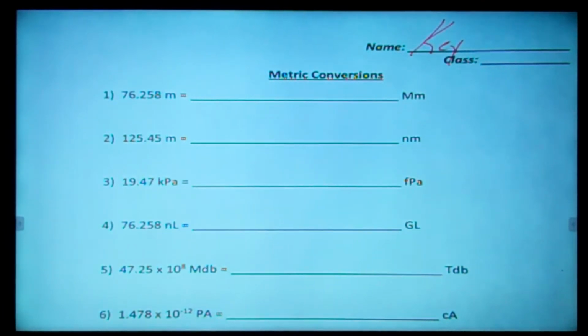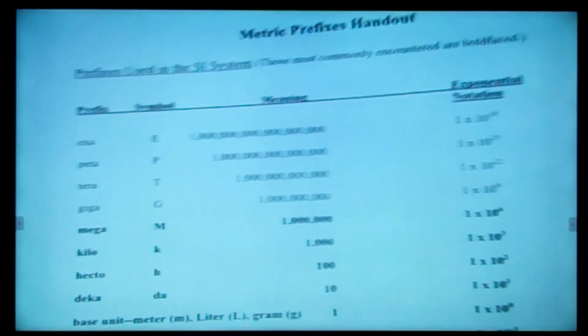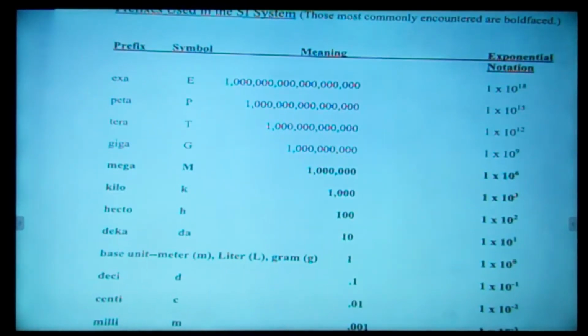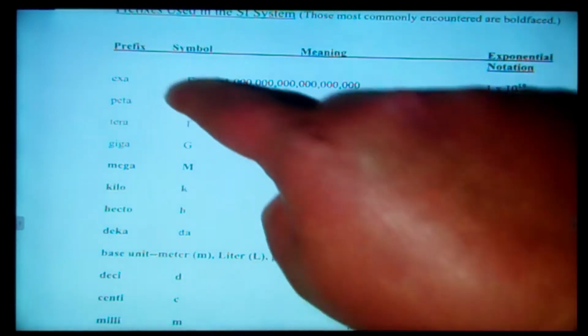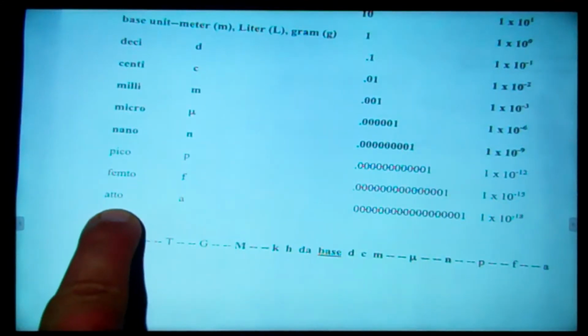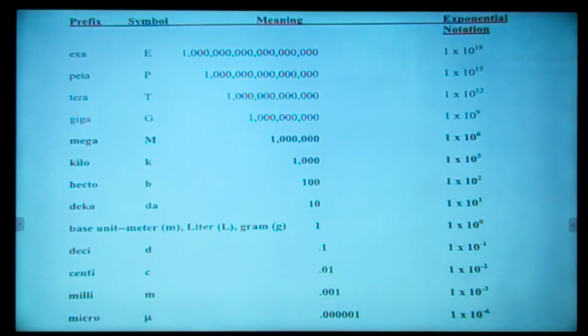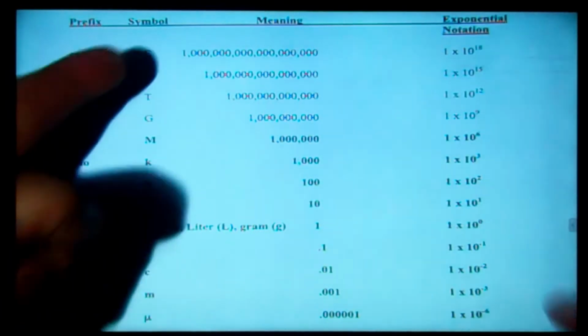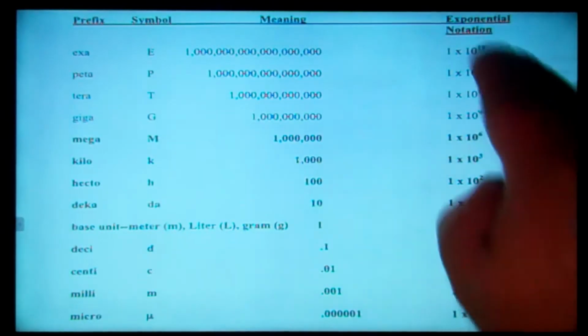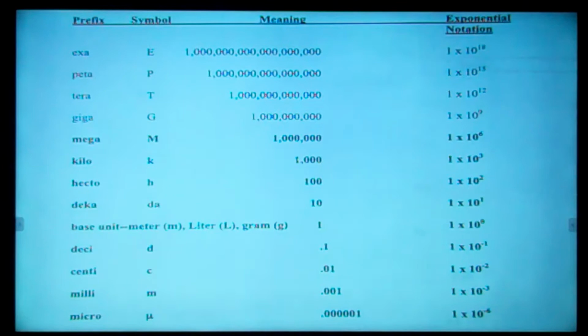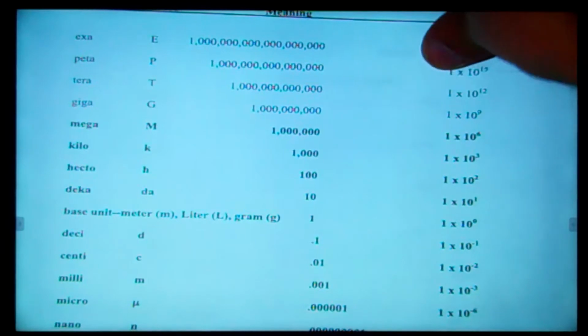Now, with all of these, I am going to do my method. I'm not going to be the person to do both ways. In this video, you guys seem to like my method the most. So you need to make sure on these prefixes, all of these are fair game, all the way from exa to atto. They're all fair game, but what I want you to remember is don't worry about the meanings, worry about the symbols, the prefix names, and these exponential values over here. That's the key and the trick to getting everything working with my method. So let's get rolling